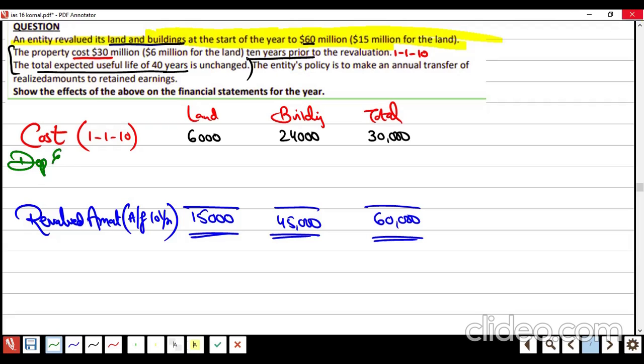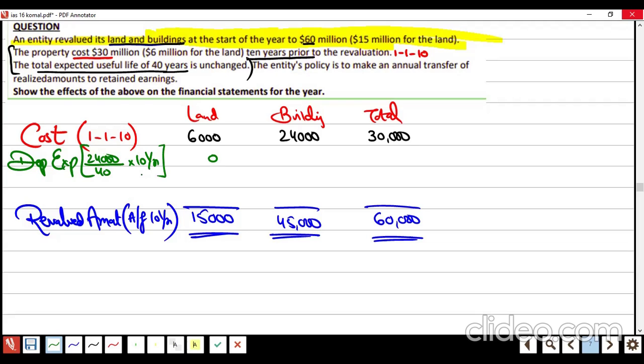We need depreciation, but here not only 1 year. How many years? 10 years. Wow, before it was only 1 year, now 10 years of depreciation. One question: how much depreciation is going to be charged on the land? Nothing, zero. What about the building? 240,000 divided by 40, multiplied by 10, no? The answer is